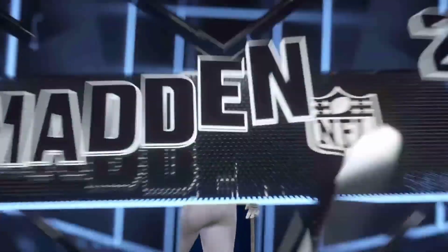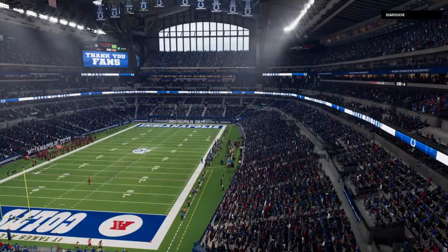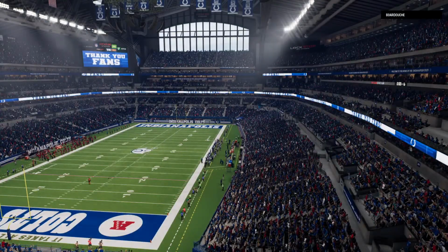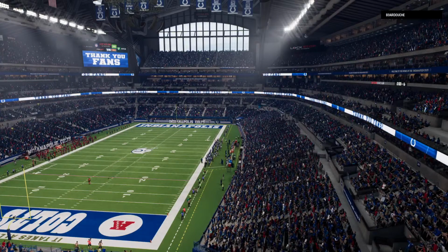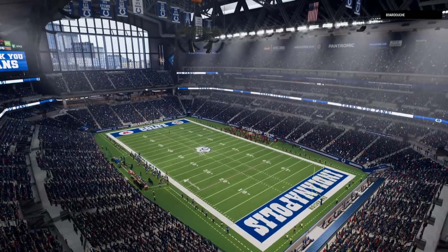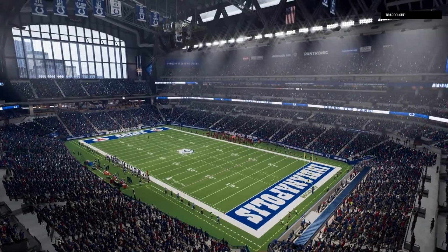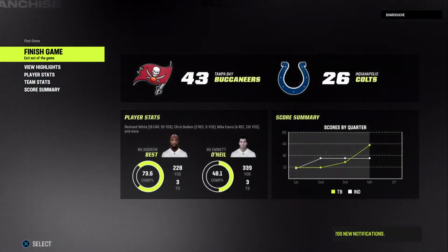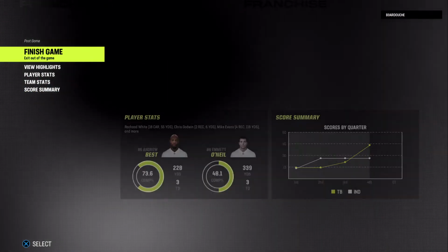So for Tampa Bay, the win here in Week 18 gives them a pivotal 11th win on the year, running their final mark to 11-6. And now they'll await the final seeding for the playoffs ahead. Meanwhile, for the Colts, the loss means they finish with a mark of 10 wins and 7 losses. And it's going to be finger-crossing time as we await the